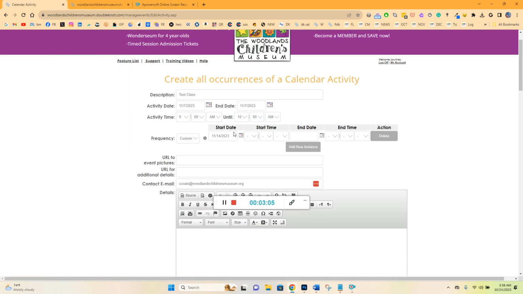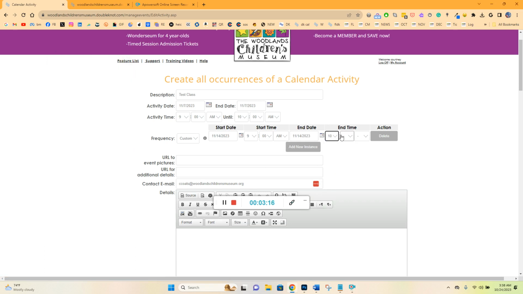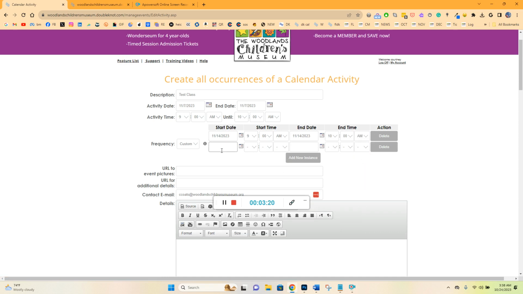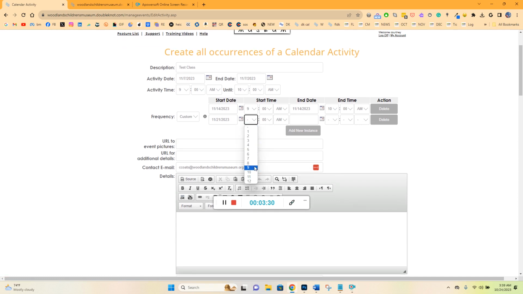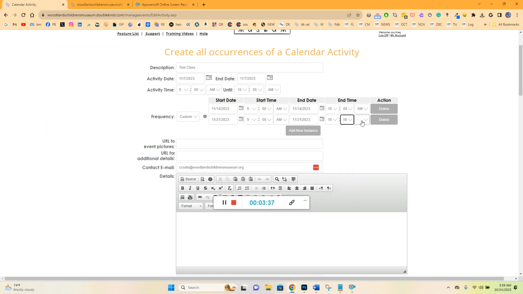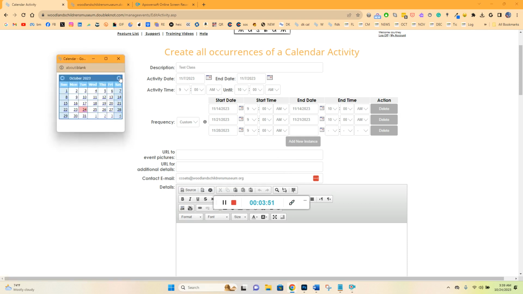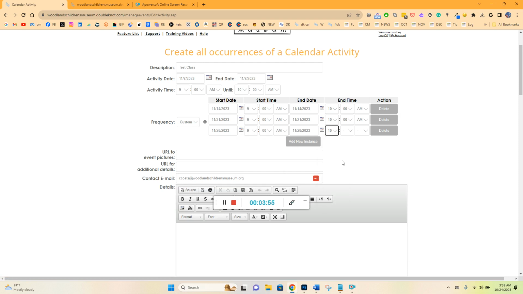So we're going to go over here and we'll do the next one, the 14th, 9 a.m. and of course that would end on the 14th. So it always starts and ends on the same day. And we'll add a new instance, and we'll go ahead and just finish this up, and we'll do the 21st, 9 a.m. and ending on the 21st, 10 a.m. And we'll just do one more for kicks and giggles. We'll make this one the last one in November on the 28th, because the class meets on Tuesday. Like most of our classes, they meet once a week for about 6 weeks. 28th, 10,